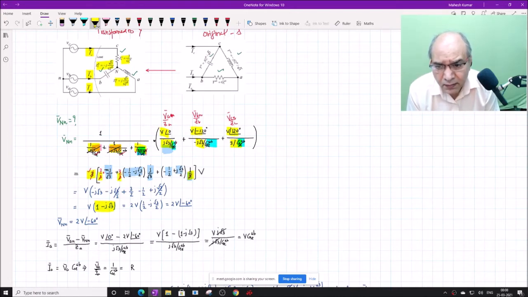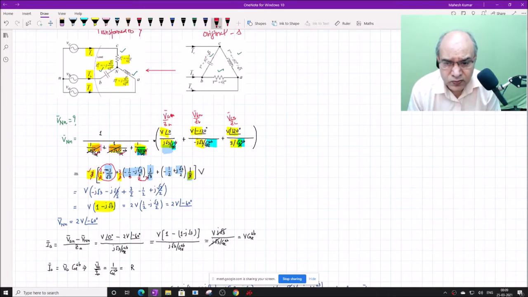So finally the first term becomes minus j root 3. And the second becomes minus j root 3 by 2, because there is an additional factor of 2 here. And then minus half is there, so minus j squared becomes plus, and this becomes 3 by 2. Minus j into minus j becomes j squared, minus j squared becomes plus 1. So this and this becomes this, and this becomes this.